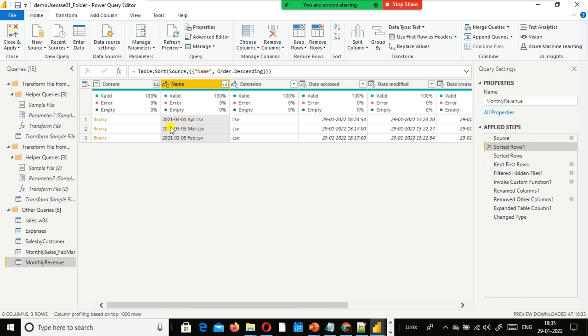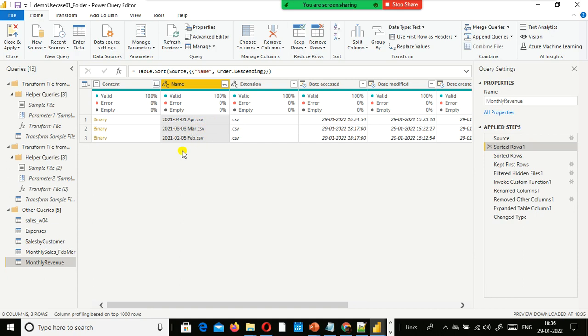Let's say you don't have this one. If you sort April, March, February alphabetically in ascending order, what will happen? April, February, March. After April, February will come.